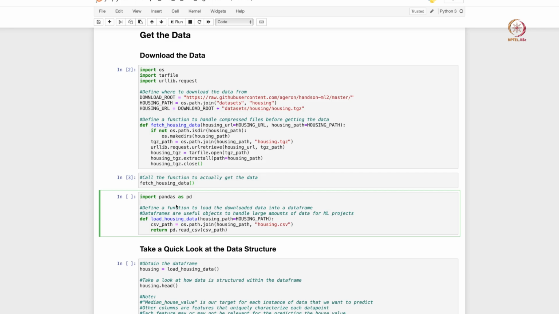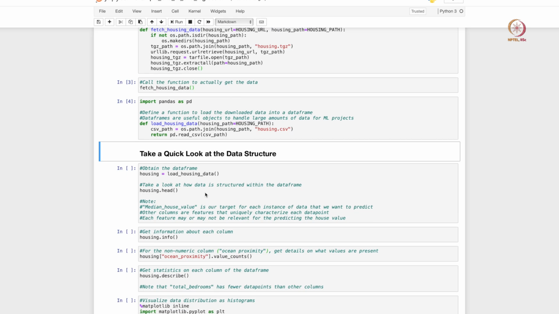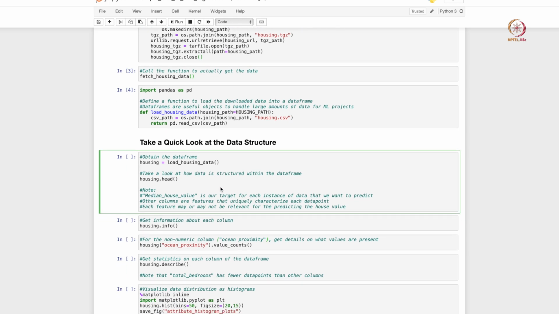So let us now load our pandas. So basically we have downloaded the data and then exported the data into a data frame, and in case you are hearing data frame for the first time, think of a data frame as an Excel sheet within Python, right. So it is a sort of programming Excel sheet that is available within Python itself, right. Okay. So now that we have loaded our data frame, let us now take a look at what data is there. So let us take a look at the structure.